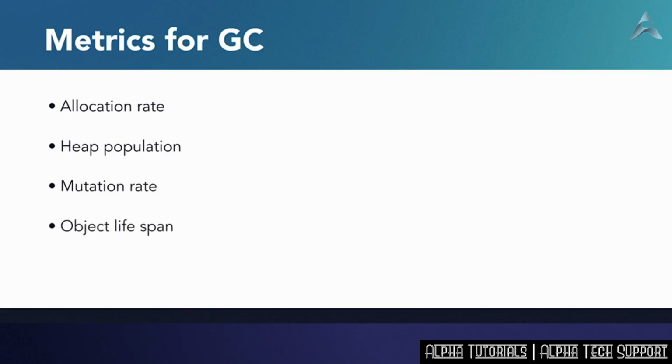Another important one is how long the objects typically live. One application may have mainly objects that die young, while another application has a fair amount of objects that need to live for a rather long time. For monitoring the performance of your garbage collector, mark time and compaction time are typically the most important. The mark time is how long the garbage collector needs to find all the live objects on the heap. And the compaction time is how long it takes the garbage collector to free up all the space and relocate